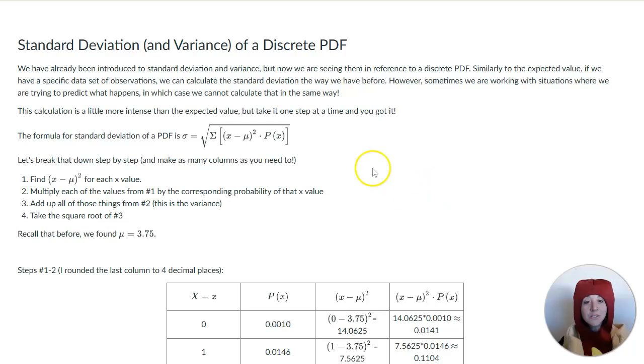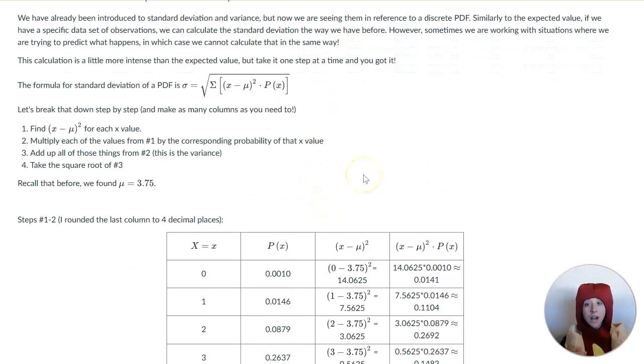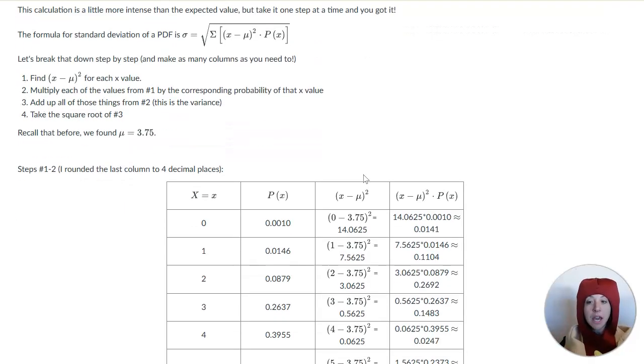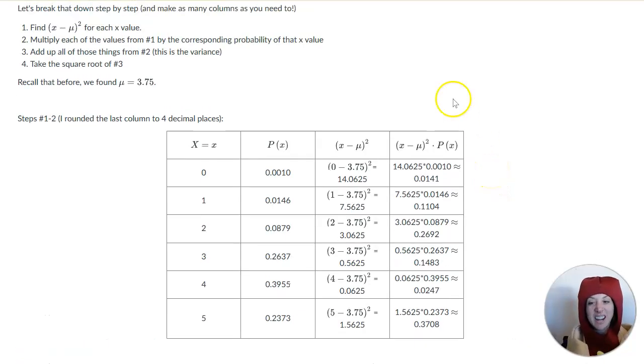Okay, so in this video, we're finding the standard deviation of this situation. So we don't have one function that will do this for us in the same way that we have the expected value that we can do it with using that sum product. But here what we can do is use sum product in a different way at the very end. So we will still have to create at least one more column